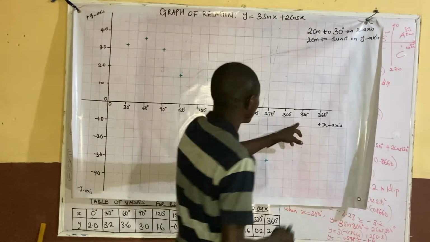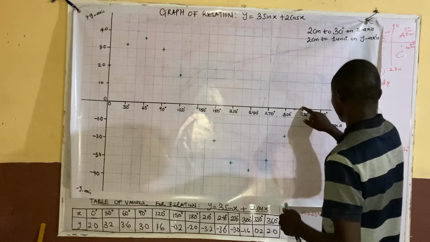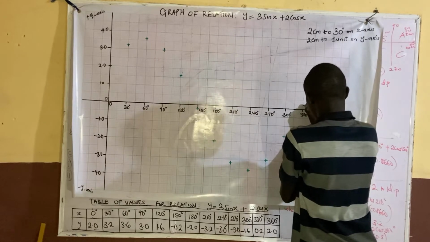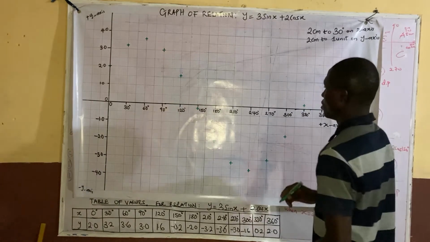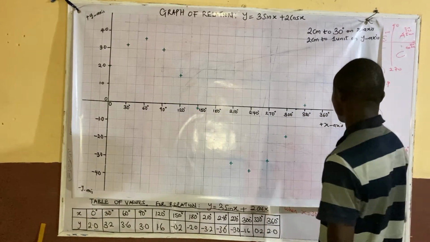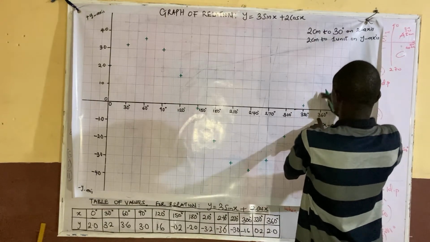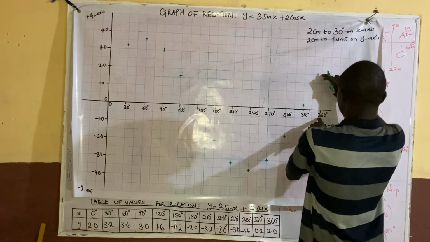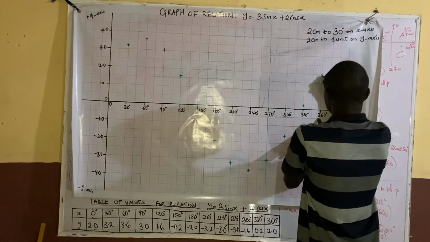330 is 0.2. Look at this, this is 0, 0.1, 0.2. So it's somewhere here. And the last one is 360 against 2.0. This is 2.0. If you look at it very well, you see that this looks like